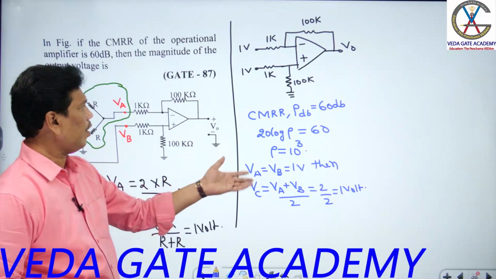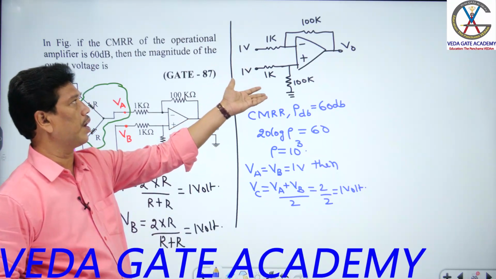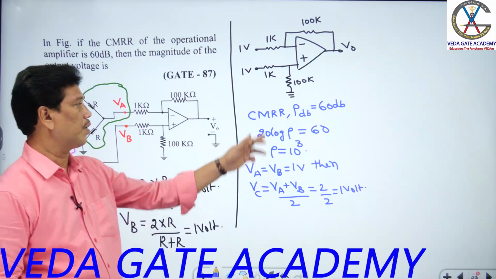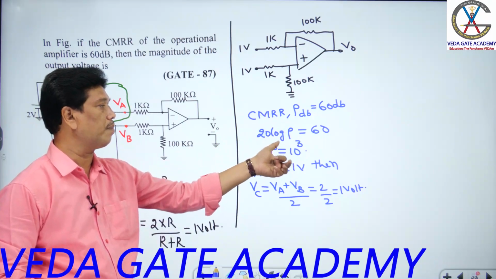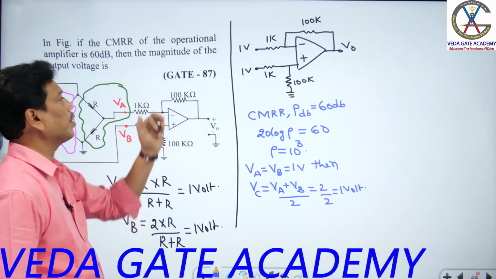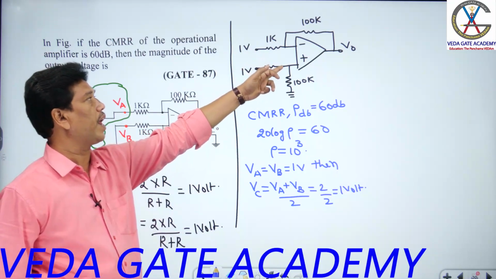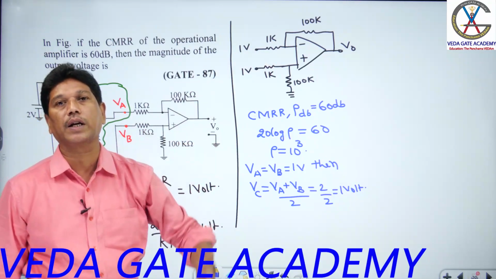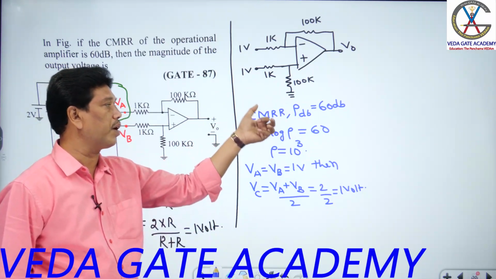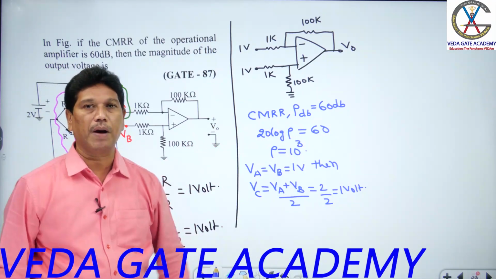Sir, now we are asking for that output V0. You can apply the superposition principle to get that output. Otherwise, because of the given CMRR, in terms of CMRR only I need to calculate. If you don't give the CMRR, I can get that output directly by the superposition principle. But he specified CMRR, sir, so I can express that output using this CMRR.